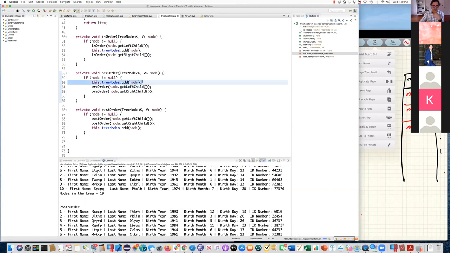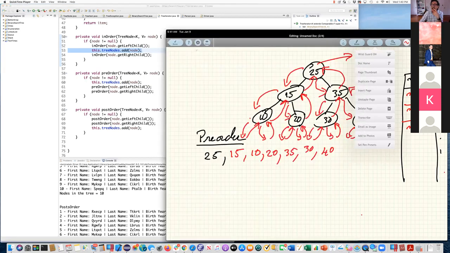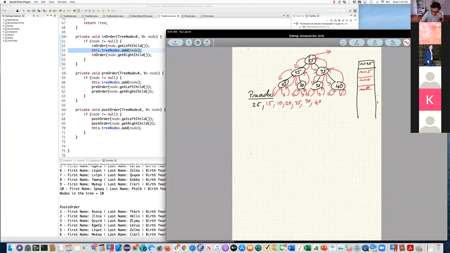That's when we output the node into the list. Here we output the node in between the left and the right. I visit all my left, I output the node, then I visit all my right. We're good with that? Does that answer your question? Yeah, thank you.